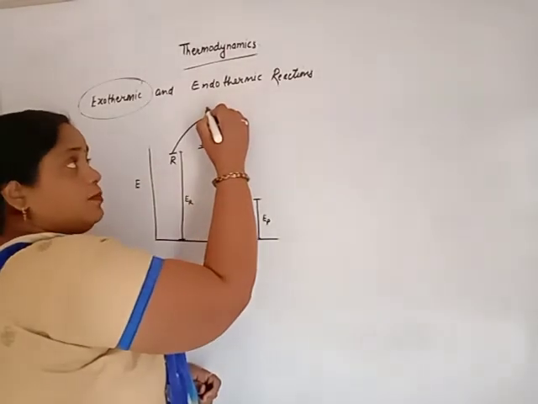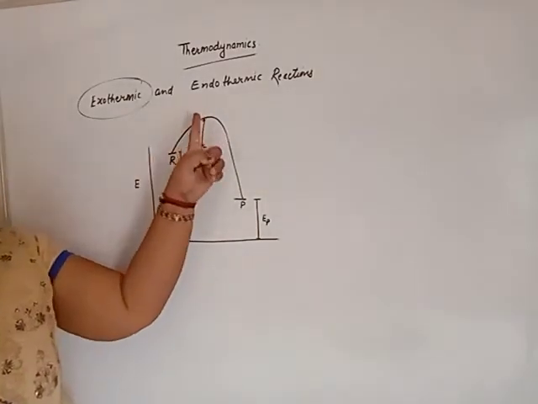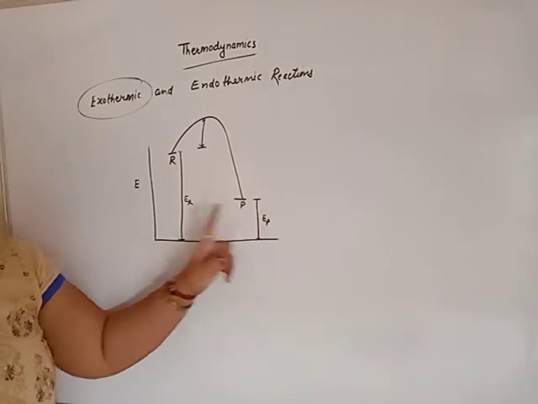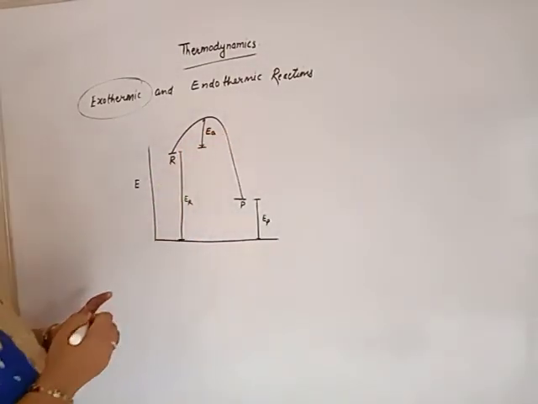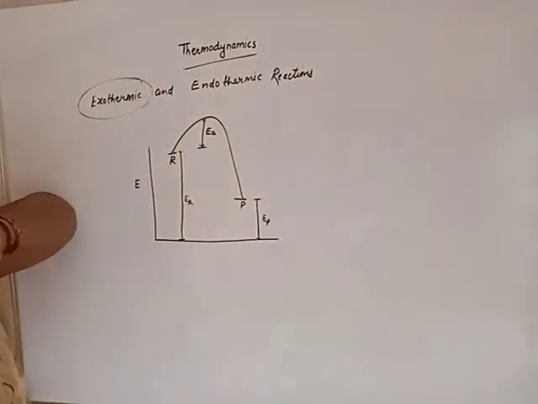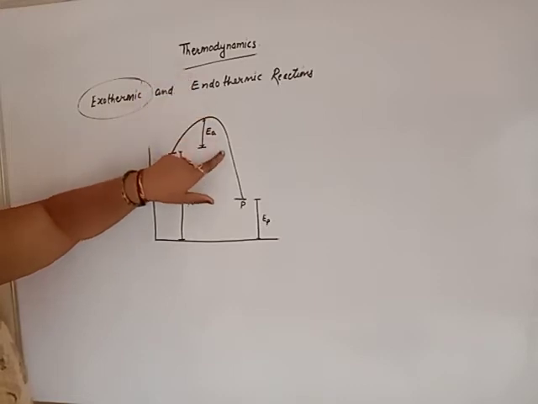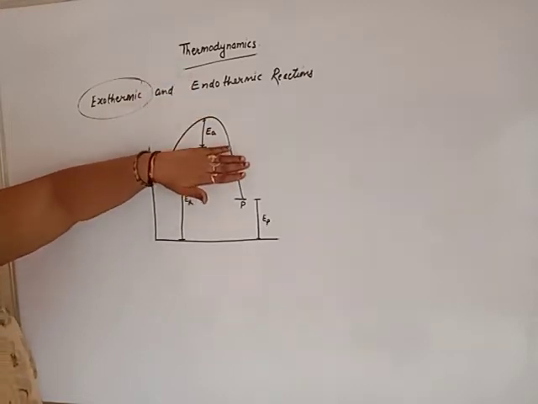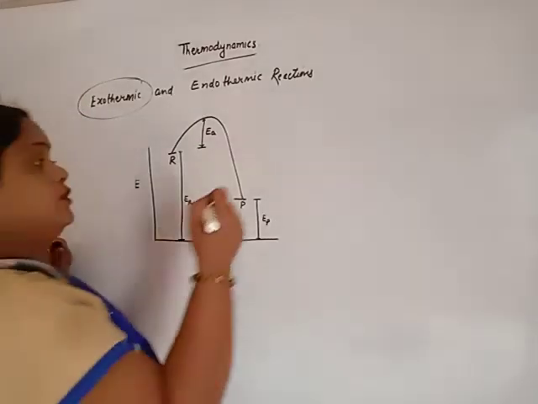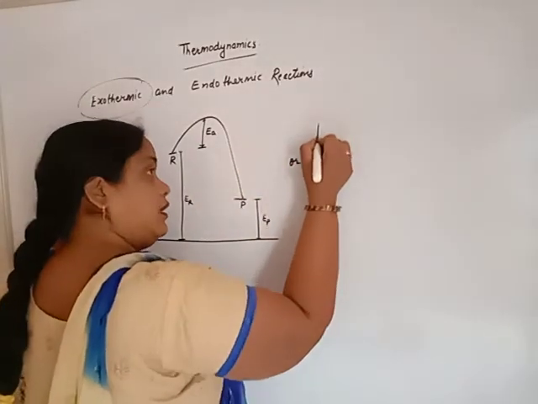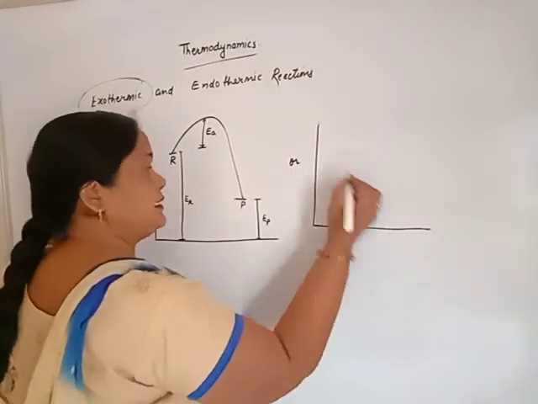Here an activated complex is formed. That activated complex helps the formation of product. It is known as activation energy. This much amount of activation energy is absorbed, and the same amount of energy is released. That means it is not considered during the reaction, or you can exempt this by drawing the graph like this.